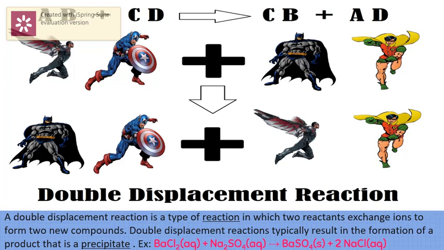Who will take the initiative here? The one which is more reactive. The most reactive metal will take the initiative and go and displace the least reactive. When the least reactive becomes free, it has to take the place of the most reactive, and automatically a double displacement happens here. So we will take an example of what? Barium chloride with sodium sulfate.